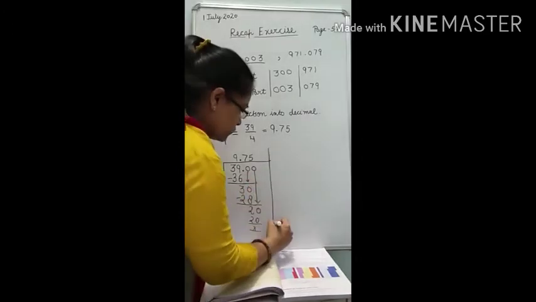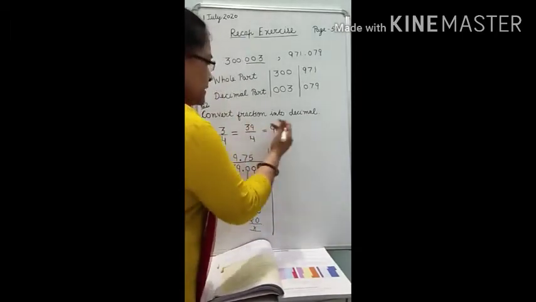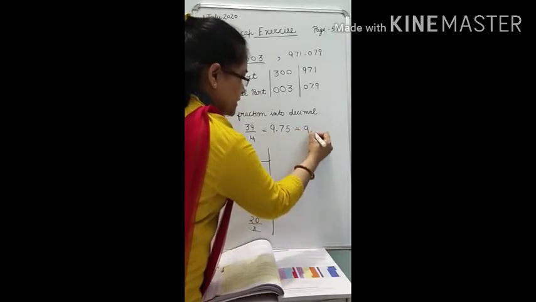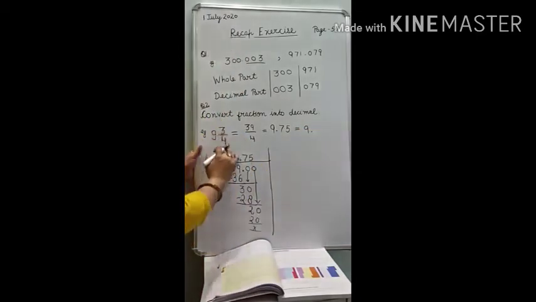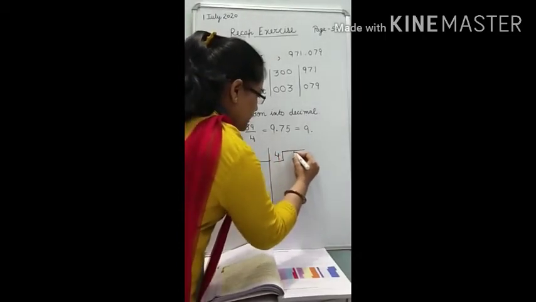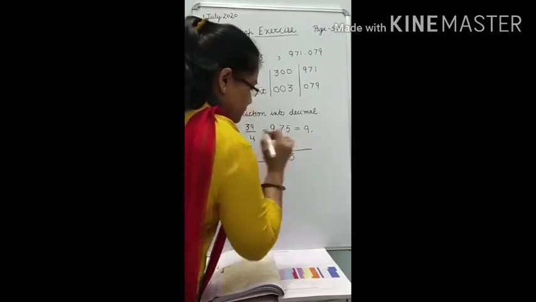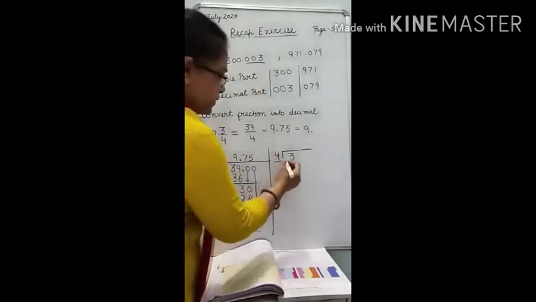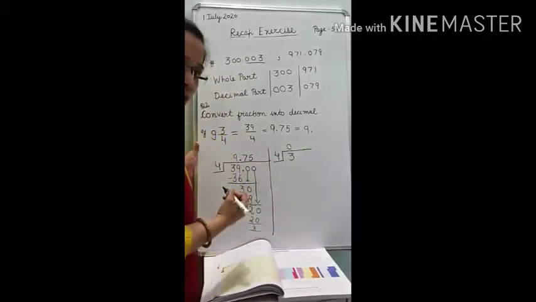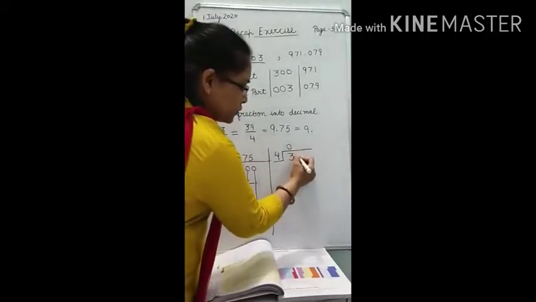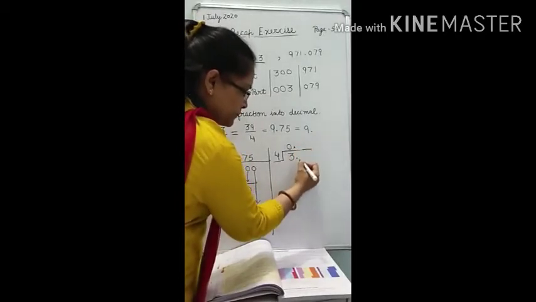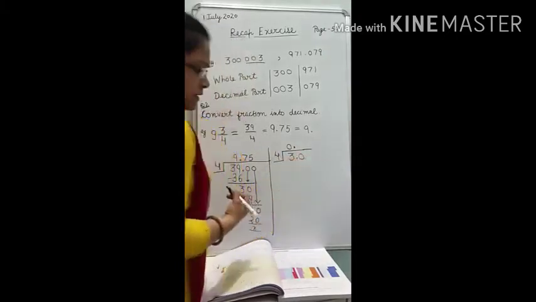Let me show you what you will do. Directly write 9 first and solve only the fractional part. Means divide only the number 3 by 4. Right class? Now how will you solve it? Because 3 is smaller than 4, you will put a 0. Afterwards, you will put the decimal point and this decimal point is shifted upward and you will increase one 0.